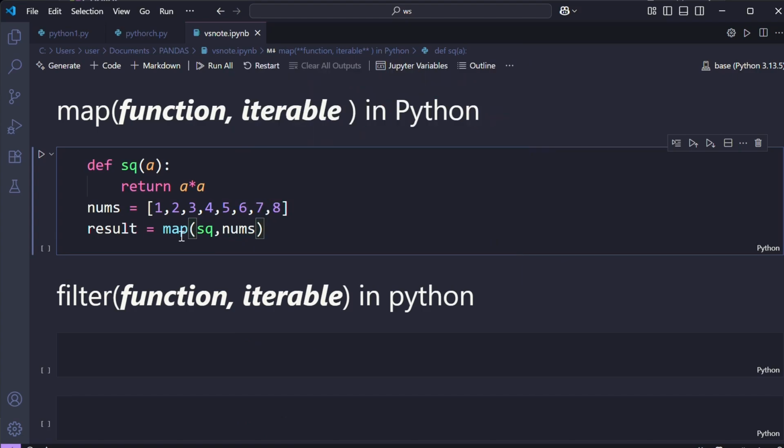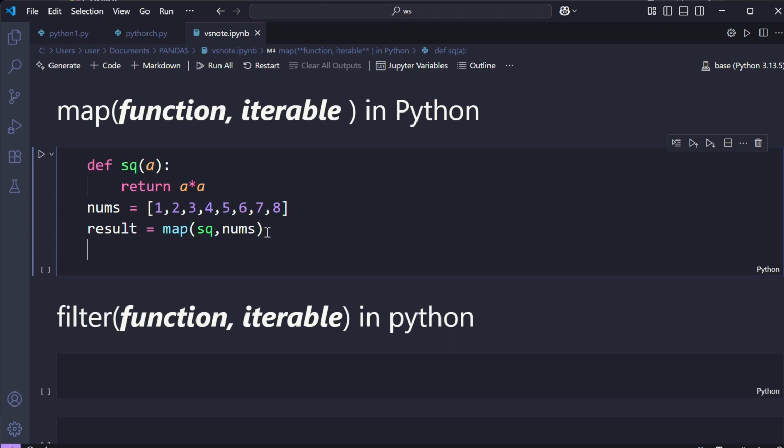So now this map function helps us take each element here and pass it to this function as a. Then each element is multiplied by itself. Let's try to see the result by using the list function. We are going to convert this result